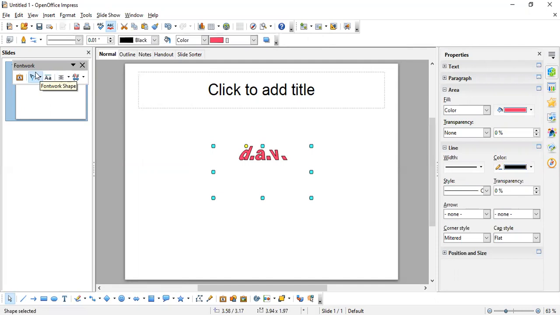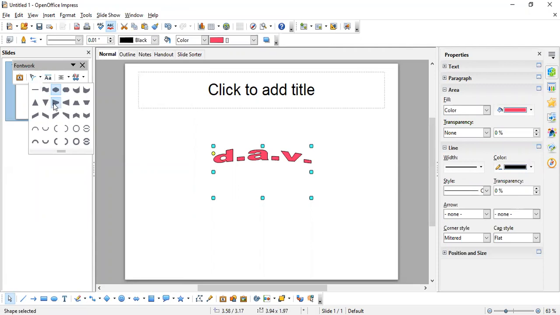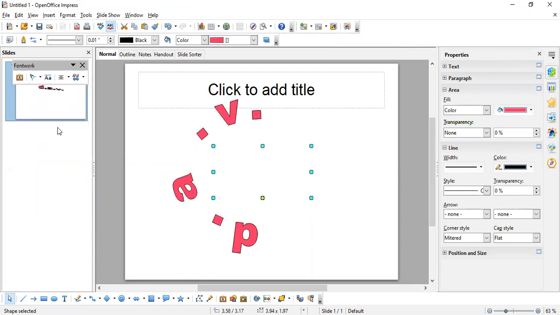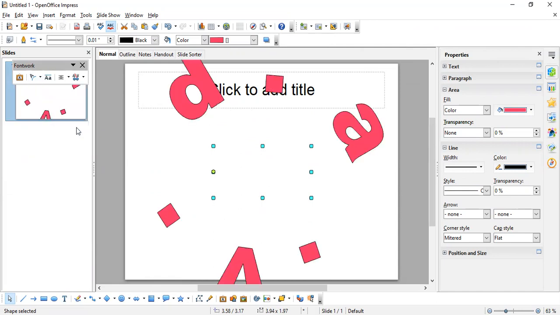You can even change the shape of the font work. See here, there are different shapes. Once I select them, the shapes are being changed. So you can even change the shape of the text that you have edited.